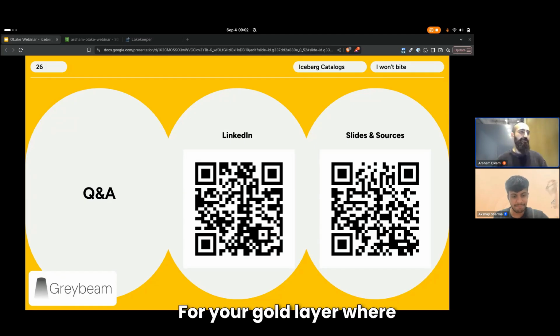For your gold layer, where you're going to be querying it all the time, you might want to use something that's better for live analytics, things like ClickHouse or maybe some Fusion-based engine. But for the bronze and silver layer, fantastic. I would recommend it for sure.